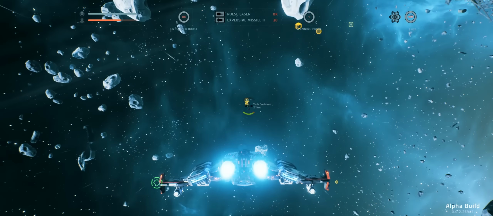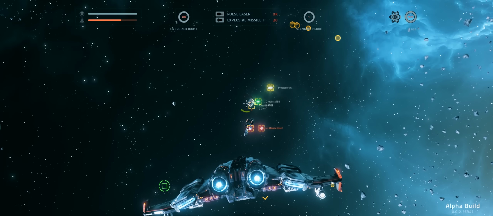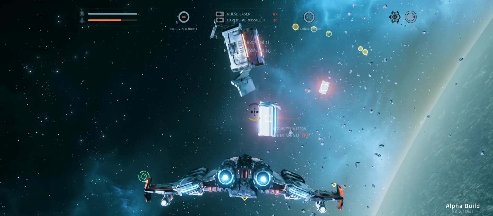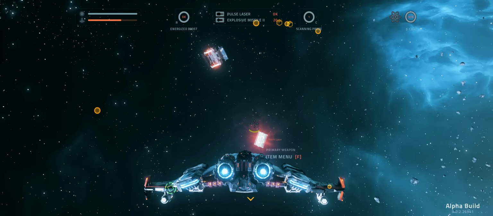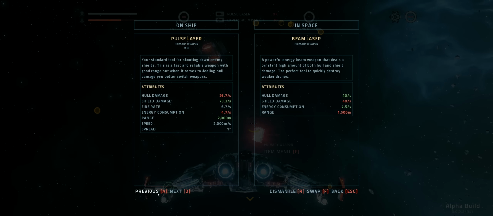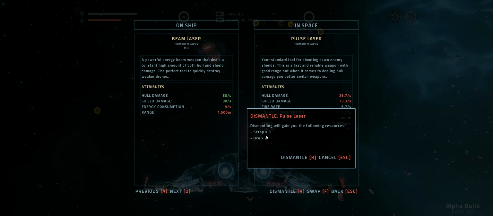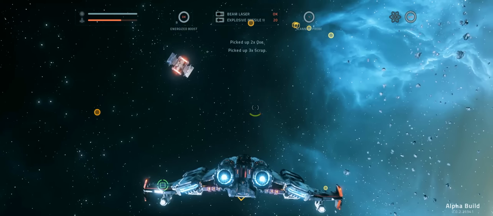Now there's a tech container here, so let's see what that contains. And we've got some missiles. Now I can't take them because I'm full up with missiles. At one point you could keep a beam laser. I'd like that. So we want to replace that with our pulse laser, I think, and we'll dismantle the pulse laser and take the components. 3 scrap and 2 ore. Nice. So I've got my Gatling guns and